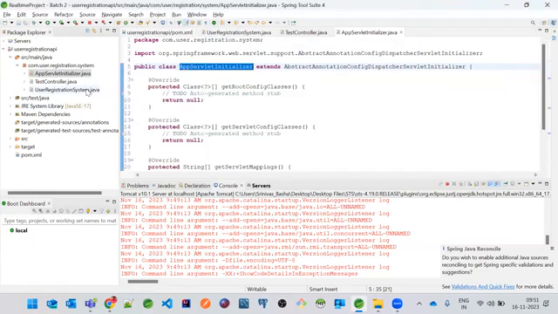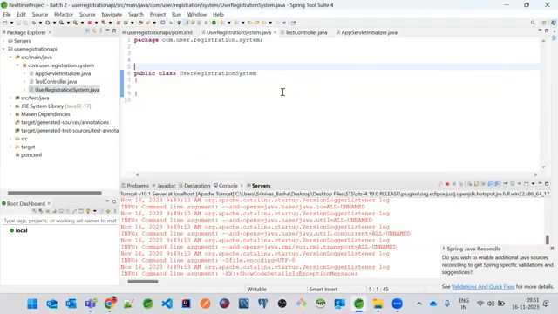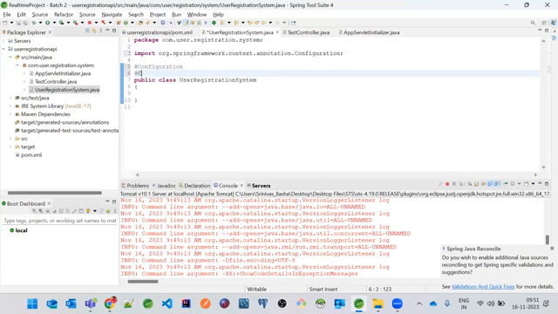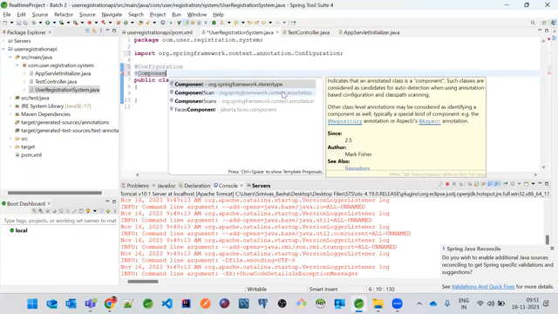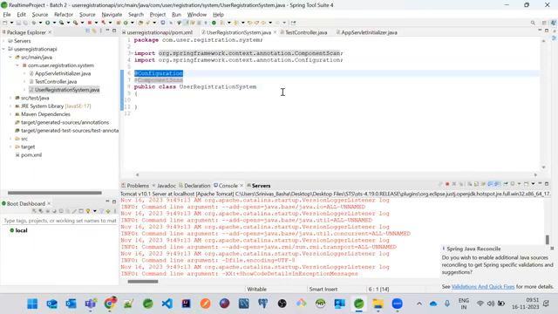So here, what is our main class? This one, right? I just have to annotate this with @Configuration and then followed by @ComponentScan. So @Configuration is just saying that this is the main configuration class. And then how many number of classes are there in our project?